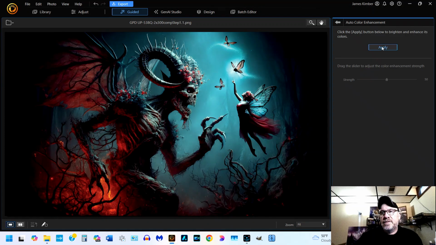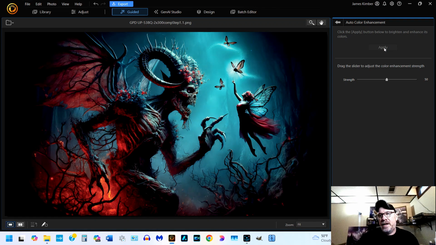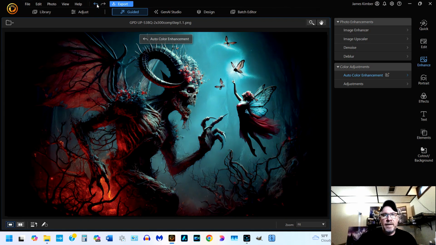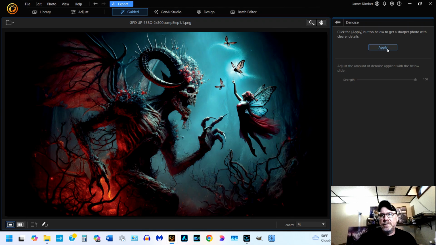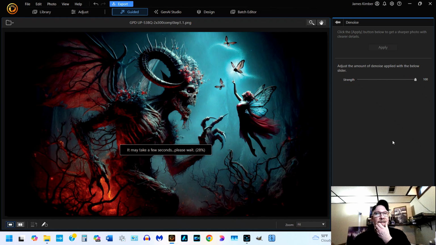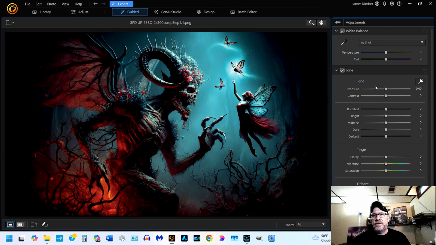And we'll check auto color enhancement just to see what it does. And it just made the background a little bluer. So we'll just clear that out of there. Get out of there. All right, undid that. Oops, we don't want to undo the denoise. So we'll let that go and do its thing, since we backed up one too many spots there. And we'll process that, and then we'll go into our